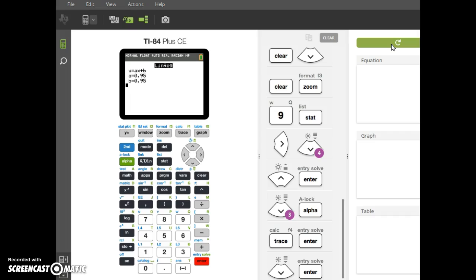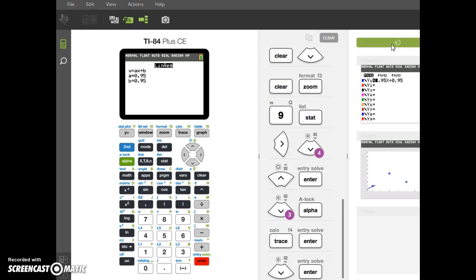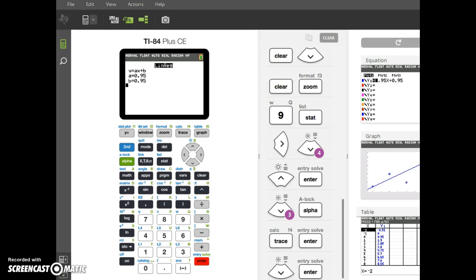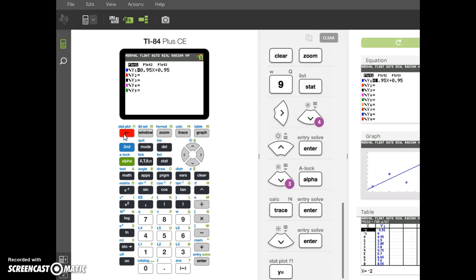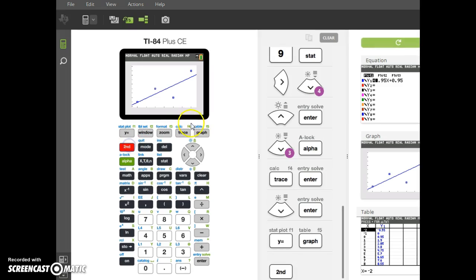So 0.95x plus 0.95. Here's the cool part. Once we do that, and I'll show you off to the side here, it takes that equation and it's stored it in there. That's what we wanted it to do. It will take that graph, and it will also create the table of values for us. So I know those are kind of small to see, but I'm going to go ahead and go to y equals, and you'll see that there's my equation. I'm going to hit graph, and we've got our scatter plot with the new graph now from the equation that we created. And then we can also use the table